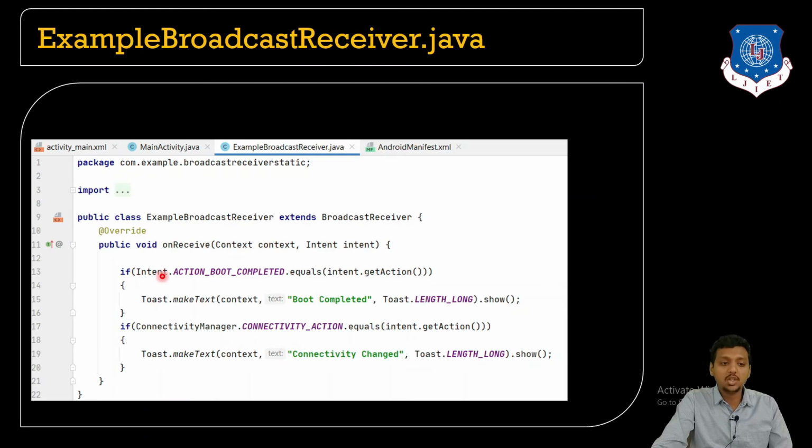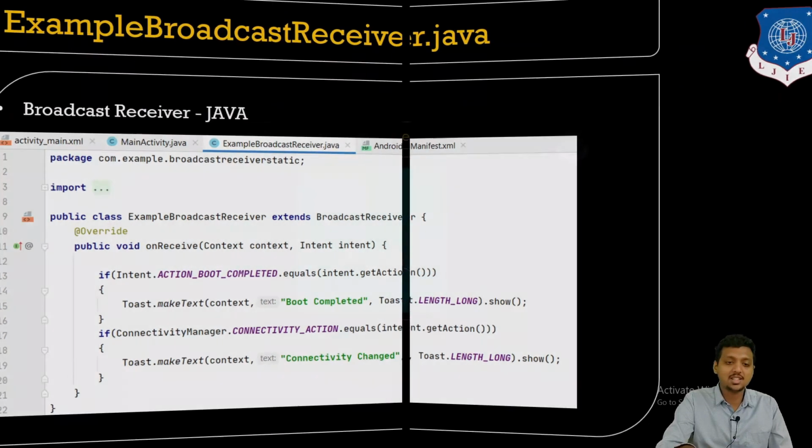So whenever your intent.ACTION_BOOT_COMPLETED equals intent.getAction, that means it is as per the action performed by your smartphone device, then it toasts a message, boot completed. And whenever the connectivity manager gets some intent action like CONNECTIVITY_CHANGE, then you will get a message like connectivity changed.